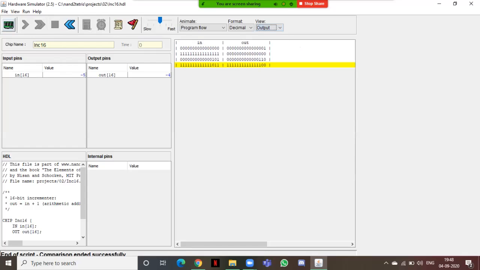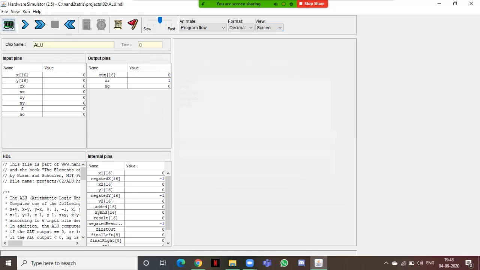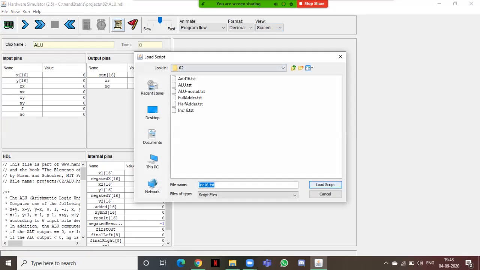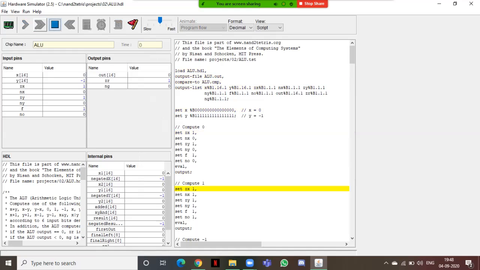Now we'll go to our ALU function. I'll load my HDL chip and I load my script. So I will now execute this. This is the last one for our second project.